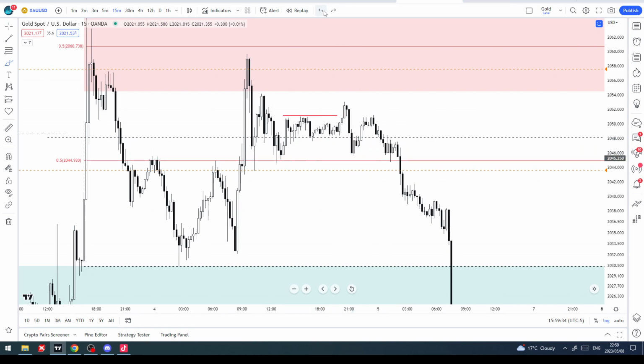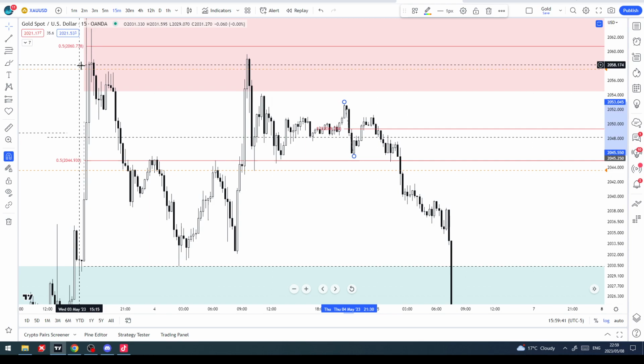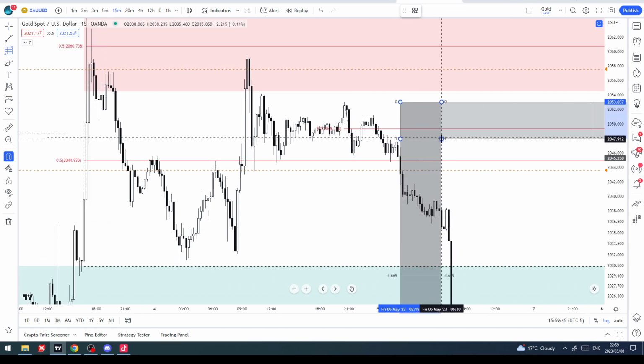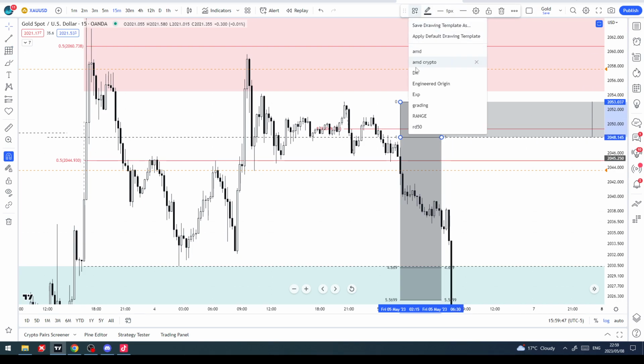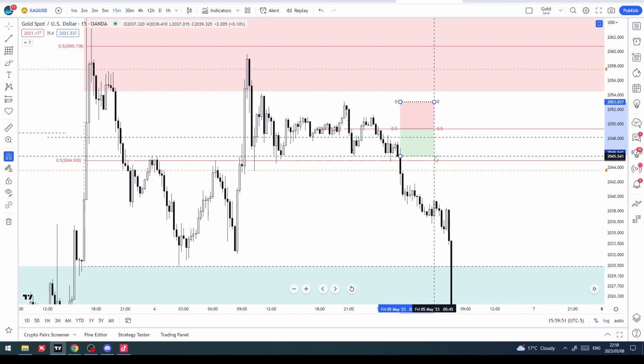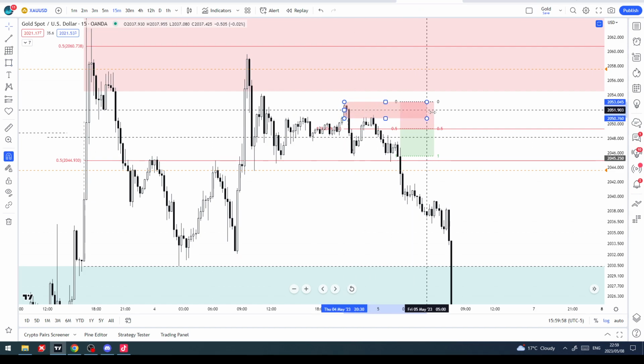What does that give us? Dealing range. So we fib from the top to the bottom. That's 50%. If any of you are looking for what the dealing range actually looks like, it's that. Let's call it the dealing range. It's from there to there, right? Anything above the 50% and ideally tapping the order block. There.